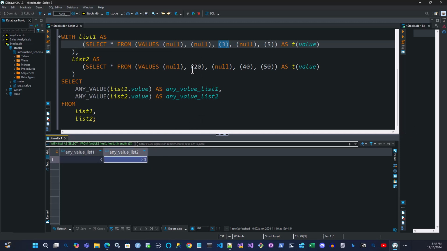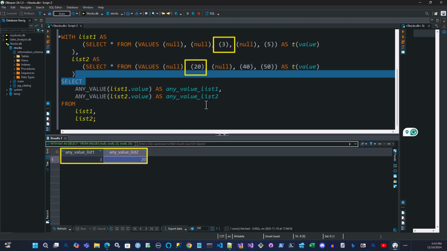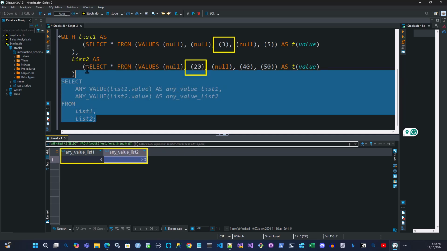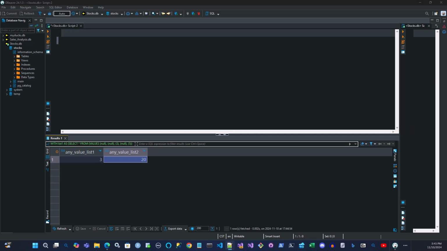Here from this list is 20 right here, because the first one was null. So it produces the first not null value. So that's what that particular function is doing. Okay, in the example 2 here, let me just run through these examples and then we'll move on to something